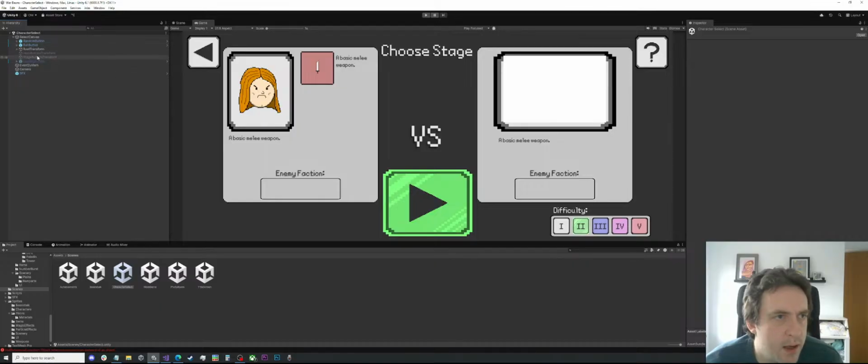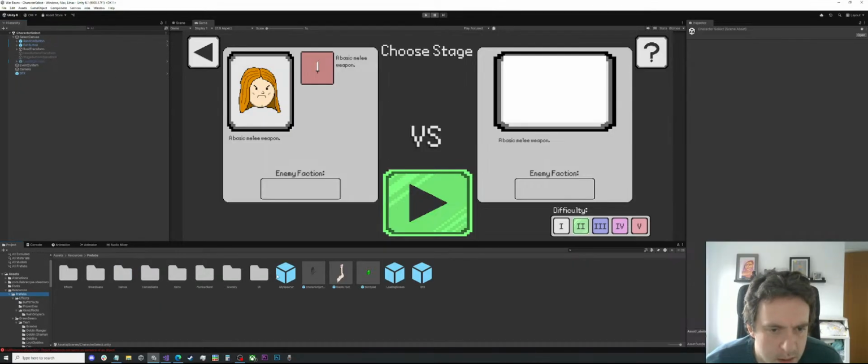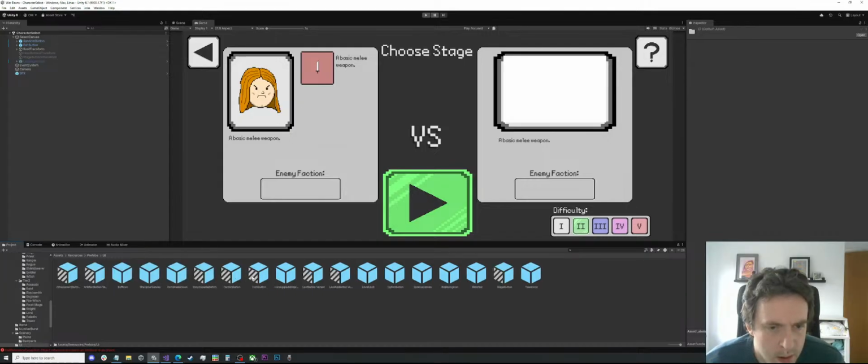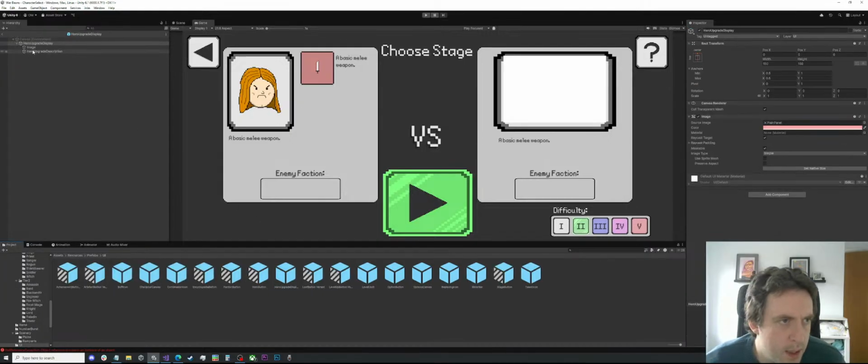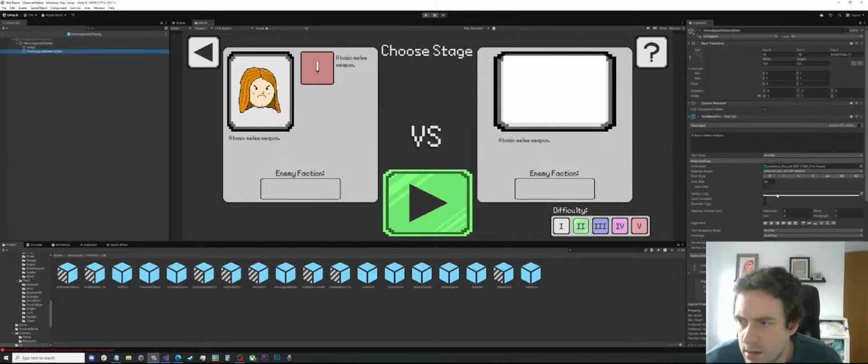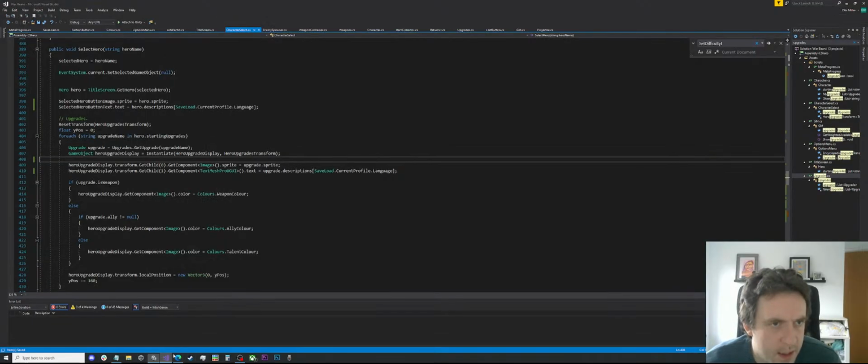So we want to take our, actually this is in the prefabs, we want to take our hero upgrade display and we want the text to, so if I take,